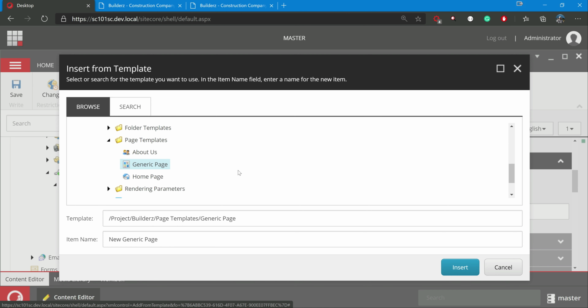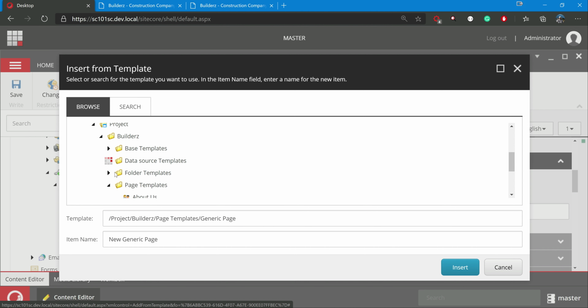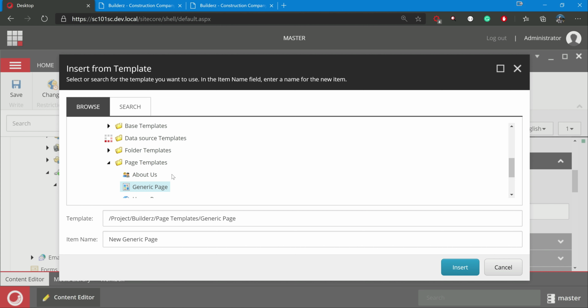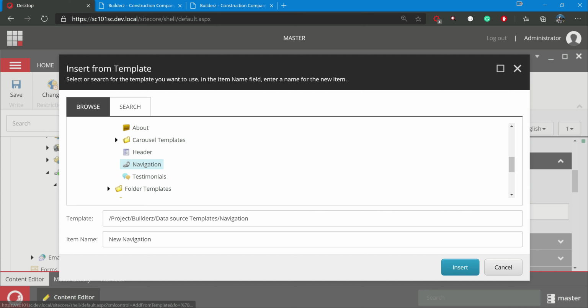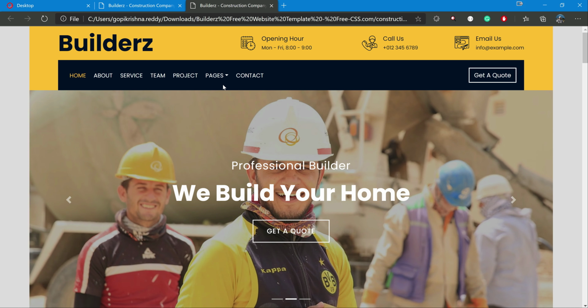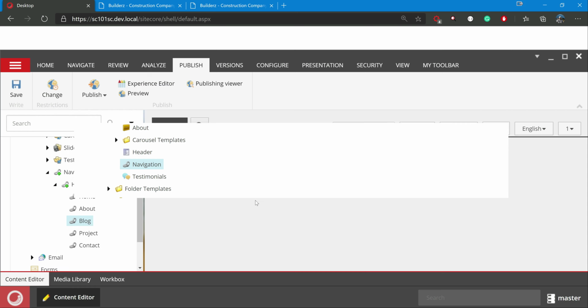So I can add another navigation. Let me go to the data source templates. Now my page structures will remain as they are in the content tree, but in the data source, I can play around and change. If you see here, it is pages, and you have a blog page and single page.